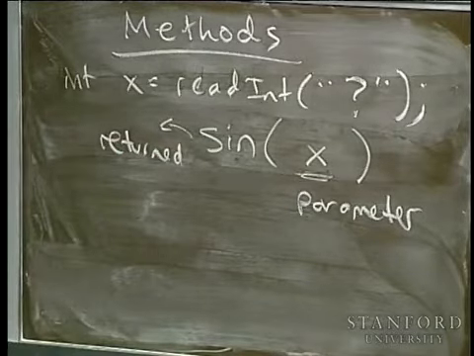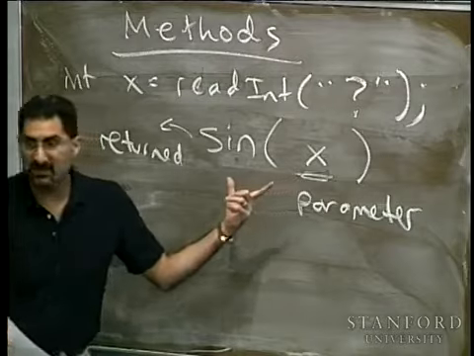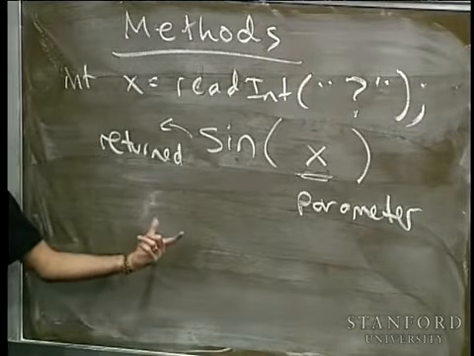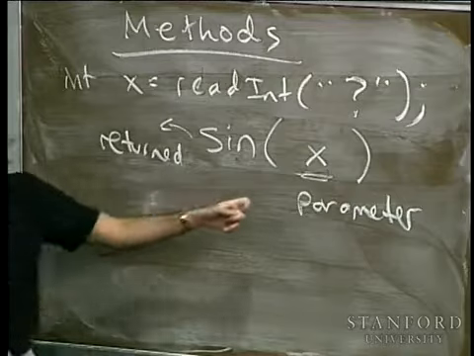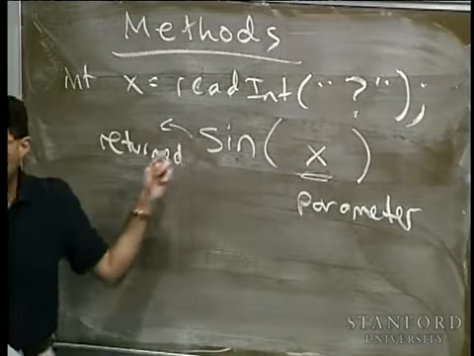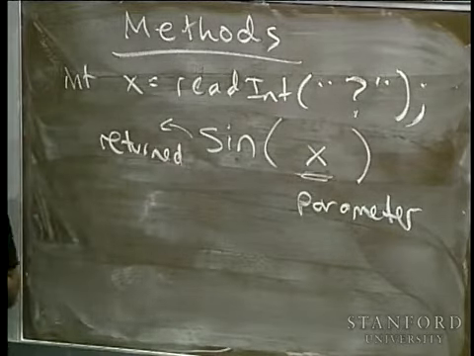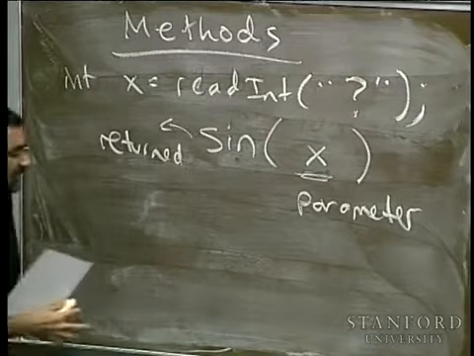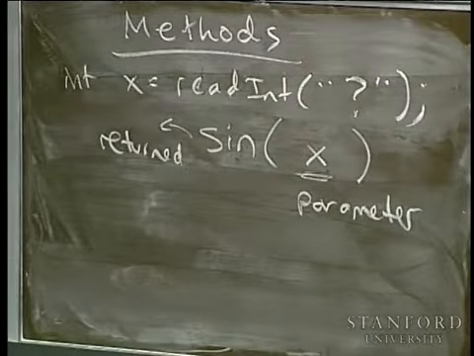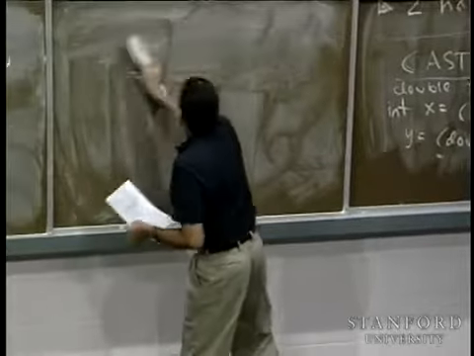That's the one bit of additional complexity that comes up with methods in the Java world as opposed to the Karel world. In the Karel world, you didn't have any parameters that went in and no values came out. In Java's world, you do. Okay? So first of all, just to wrap up on the little math example, a couple people asked last time